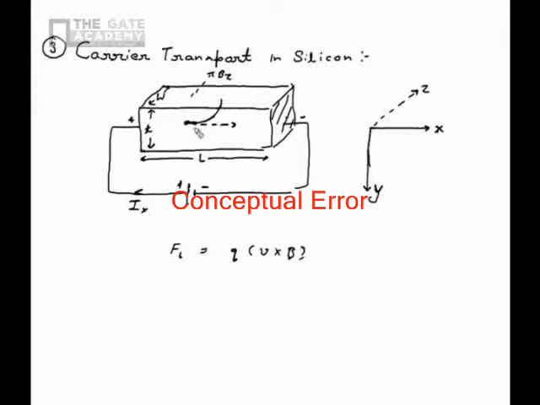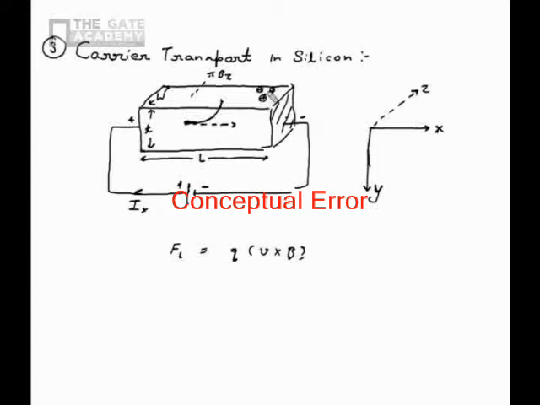If we assume there is an electron sitting here, which will be going from negative to positive, then that electron will feel a force towards the positive Y direction. So this is just a change in the polarity. All the holes which are present inside will move towards the upper side of the silicon slab, or in the negative Y direction. So all the holes will be accumulated on the top side.